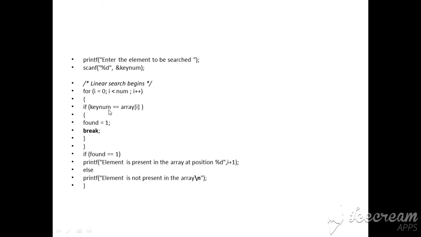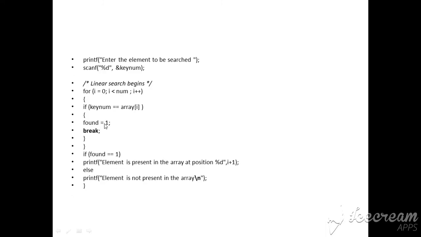If at all your key element, the element that you are searching for, is equal to the first element, array of 0, you report it as a success. Initially found element was set to 0. Now when you set it to 1, you say that the element you have found and you take a break. There is no point in running the entire loop because you have already found the key element. So you simply take a break.